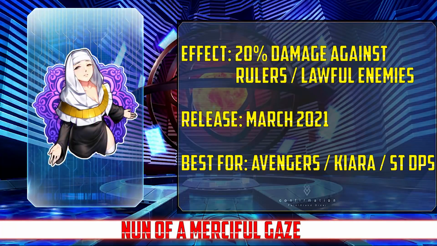Another command code that's going to be helpful for countering a very specific class is Nun of a Merciful Gaze. This command code gives you 20% bonus damage against lawful alignment enemies and a further 20% bonus damage against Ruler enemies. And we'll be getting it during the Kama event in March 2021. Naturally, this is a very strong anti-Ruler command code. It helps that almost all Rulers have a lawful alignment, which means that you'll be doing 40% bonus damage against